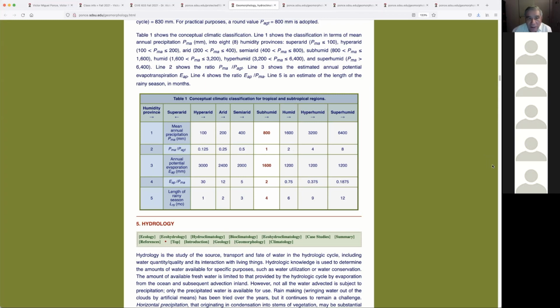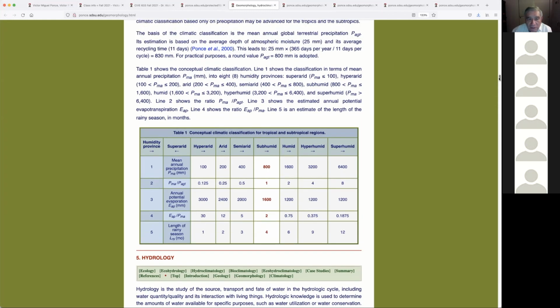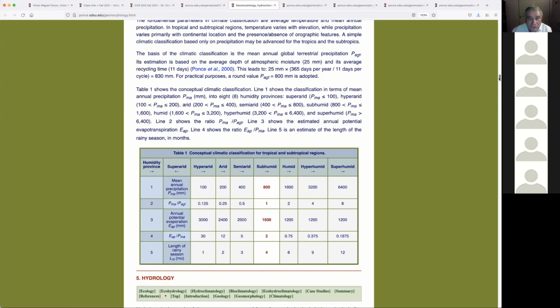Hold on a minute. Okay. Mean annual global terrestrial. So 800 over 800 is 1, then 2, 4, 8, and you go over here all the way to the right to